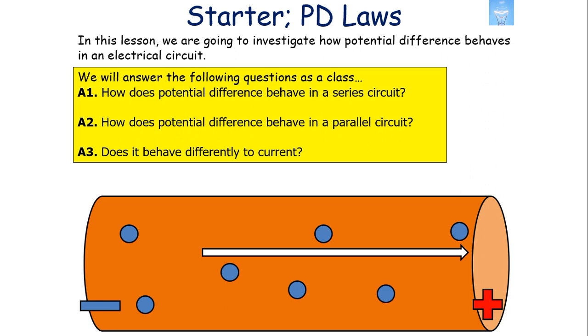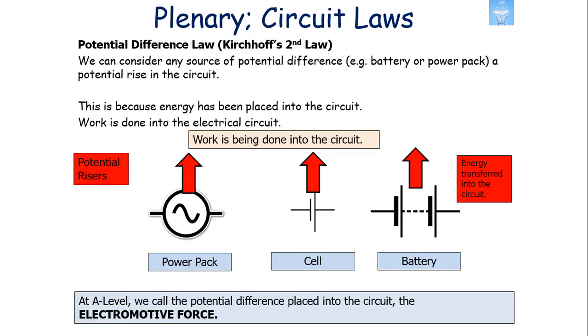How does the potential difference behave in a parallel circuit? And does it behave any differently to current? So, basically, to understand Kirchhoff's second law, or the potential difference law, we've got to consider what's going on in